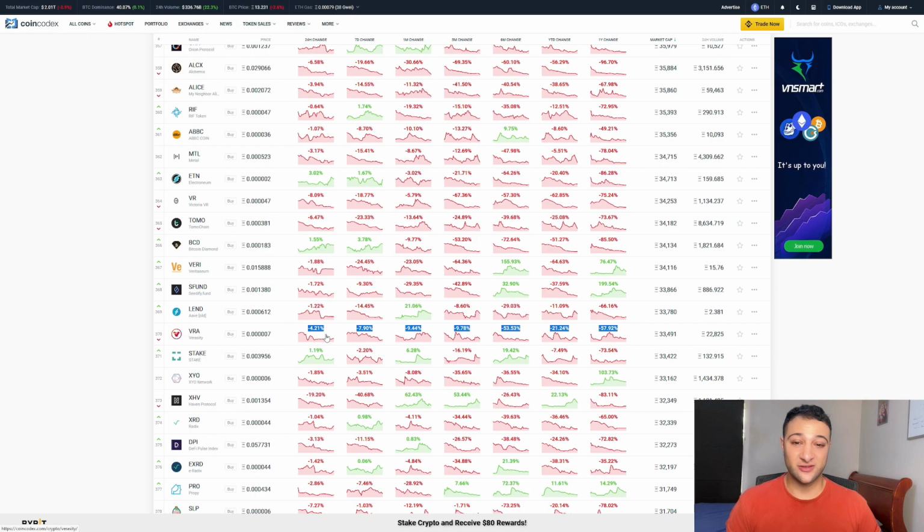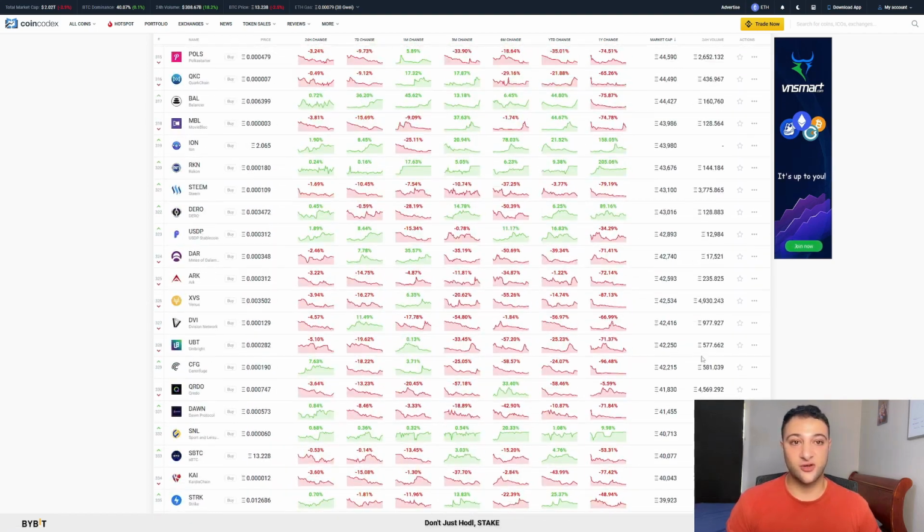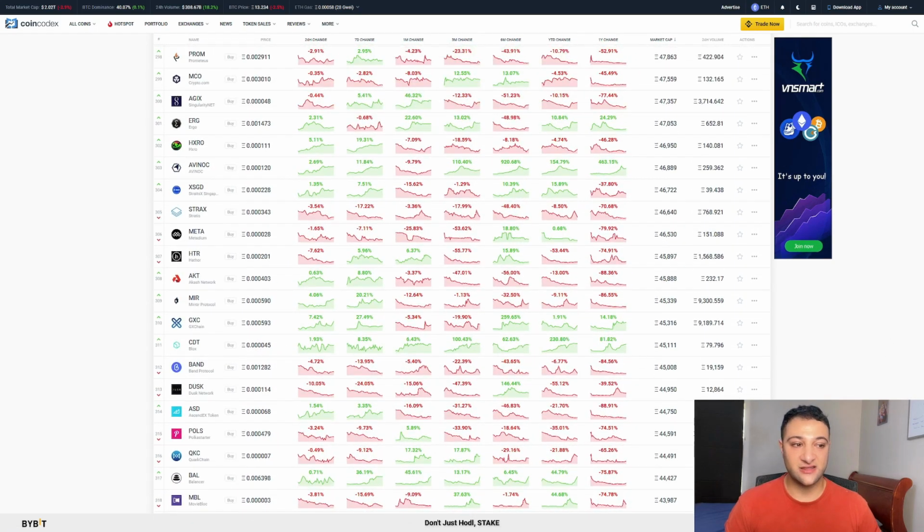24 hours underperformed to Ethereum by 4%. 7 days, almost 8% underperformed to Ethereum. 1 month, 9.45%. 3 months underperformed almost by 10%, 6 months 53%, year to date 21%, and 1 year 57%. So you can see on the higher time frames, ETH just destroys this, and a lot of cryptos go through this, right? These are all compared to the Ethereum value.